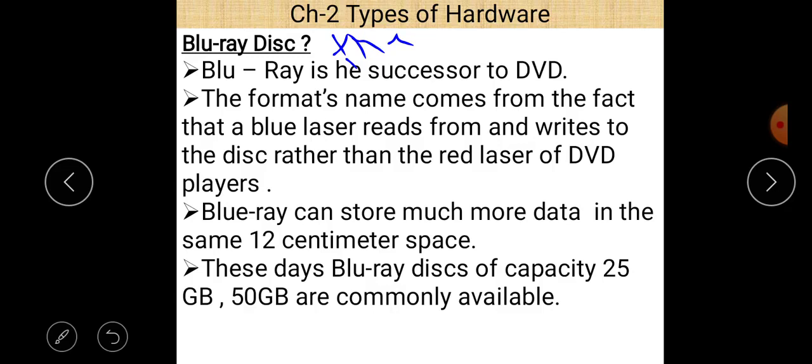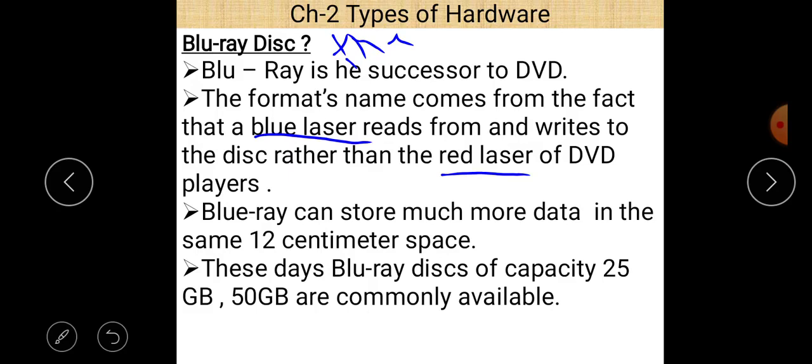So the density of data is much higher as compared to the DVD, and as far as the concept is concerned, a blue laser is used in Blu-ray disc, while in DVD a red laser is used to read and write the data. So that is the difference between Blu-ray disc and